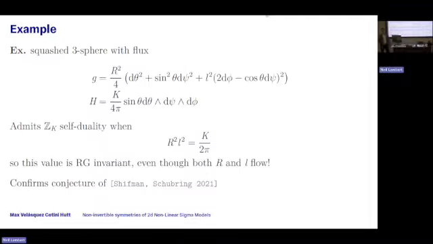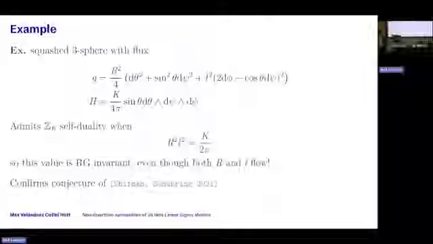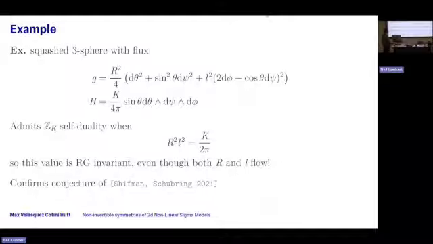Let me give you a quick example, which is an adaptation of the S^3 example I showed you before. Let's consider a squashed three-sphere. So all that's different from the metric and B field on S^3 that I showed you before is this little L squared there. So when L squared is 1, it goes back to the S^3 model that I showed you before. If you turn the wheel and figure out what constraint on the parameters of this thing I need to put such that it has this non-invertible, so it satisfies the constraint I showed you, you'll find that it's when R squared L squared is fixed to this value.